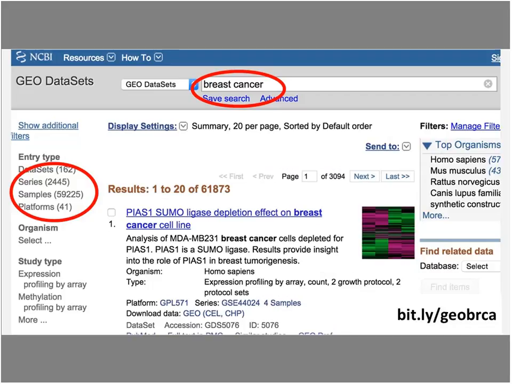Actually, the number I like even better above there is 2445. You can see it there on the left, series 2445. Let's call that 2400 for a second. So what that means is 2400 research groups, 2400 labs have contributed data into this repository. Let me tell you what a ridiculous number that is. Let's pretend I'm a brand new researcher in breast cancer. I'm a newbie. Let's pretend I know nothing. And let's pretend I'm writing a breast cancer NIH grant. And the grant I'm writing is that I'm going to get 2,400 of the best breast cancer labs to run their best characterized patients using the latest measurement technologies, and I propose they're all going to give me that data